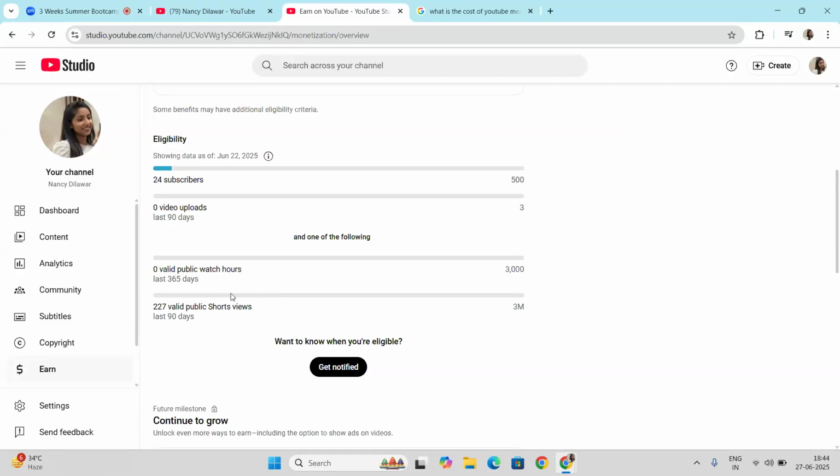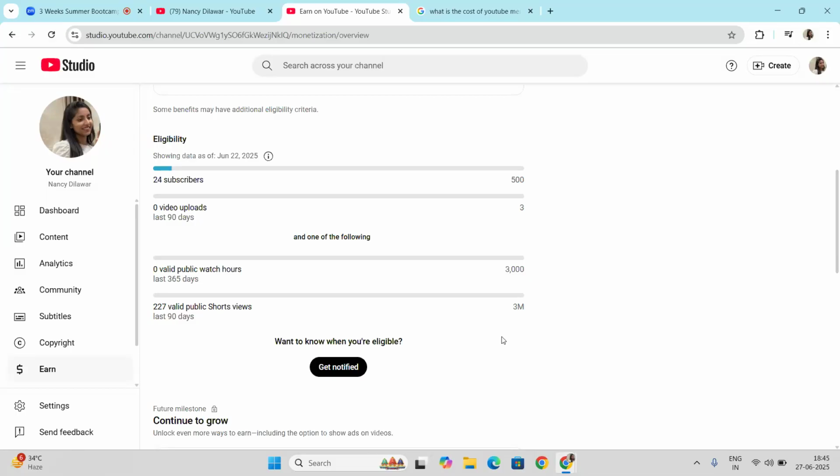So basically, through shorts you can generate these views. Whatever I'm discussing, people are just scrolling YouTube Shorts and watching any content, anything people are watching on social media. So this is something that can be achieved, and shorts can easily get viral, right? So keep this in your mind: if you are going to monetize your channel, then work on shorts. It can easily go viral.